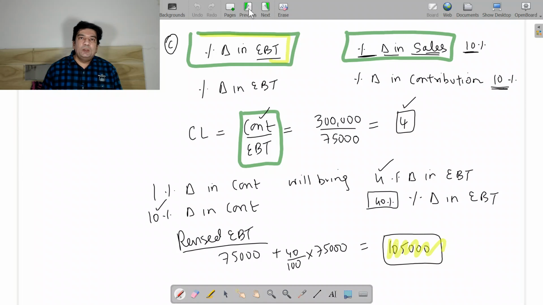So the important twist the exam has done to you is they have given some percentage of change in your sales. So whenever your sales are going to rise, your contribution is going to rise. That you have to take into account. Now EBT and contribution, when you are able to pick it up, you are able to pick up the formula, and then you are able to solve the sum. So it was quite a tricky sum. If you had not practiced, then it would be difficult to solve it. I hope you all have understood the sum.